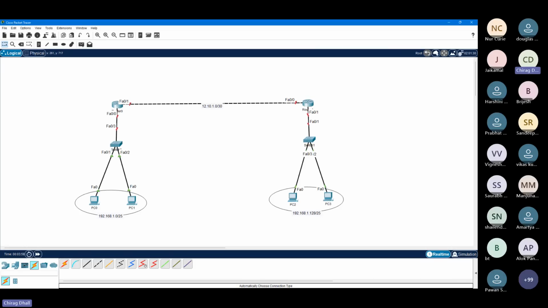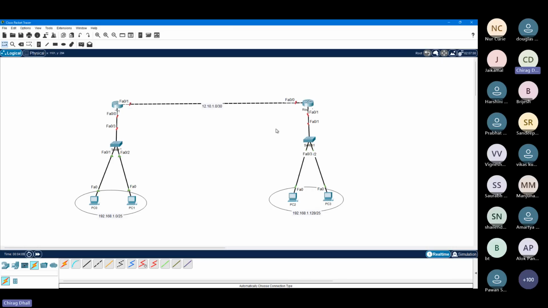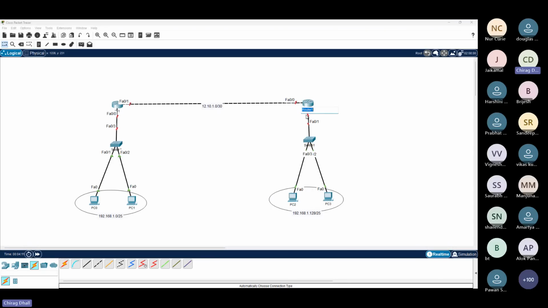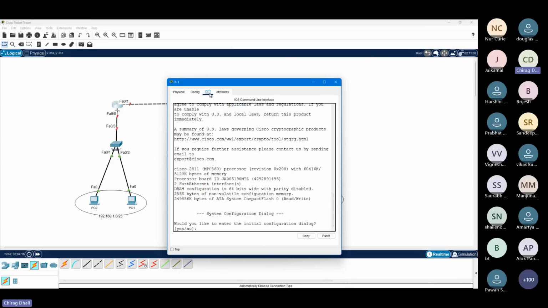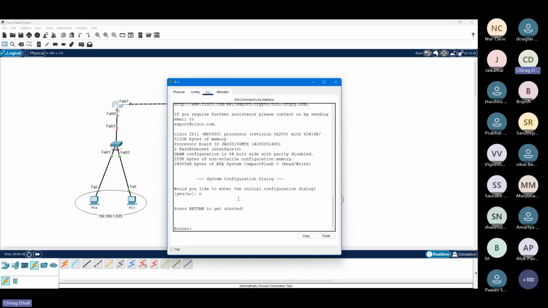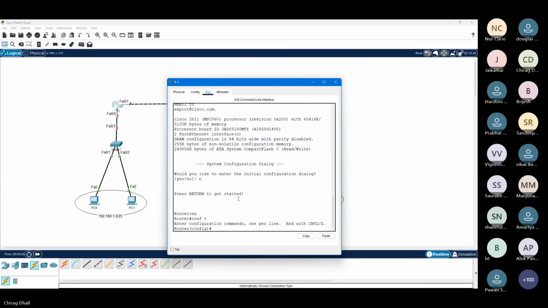Let's begin the IP configs and we'll also create a DHCP pool for both the networks. So I'll get started from my first router. I'll rename it first of all as R1 and this one as R2. Let's go to router 1, CLI. I'll say no to the question. Enable, config t, hostname R1,